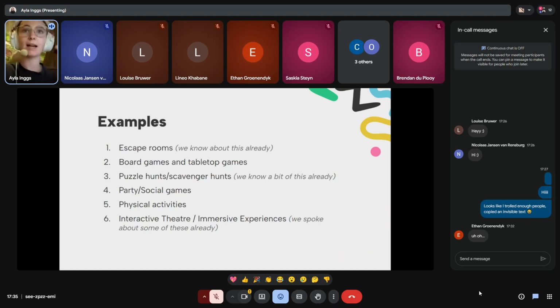Then we get our party and social games, which we'll go into. We get our physical activities, so using our body to play games. And then also, again, speaking about interactive theatre and immersive experiences a little bit more. I know we've spoken a little bit about interactive theatre, but there's a little bit more that I want to mention there. So we will talk a little bit more about that.